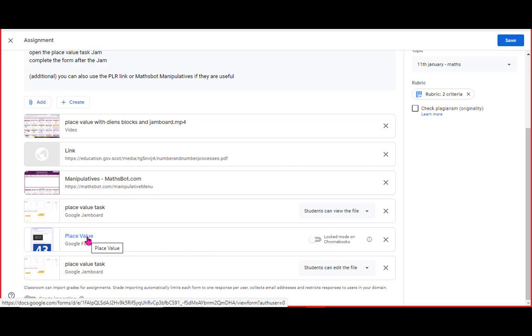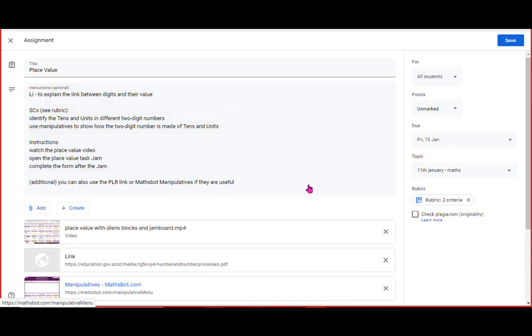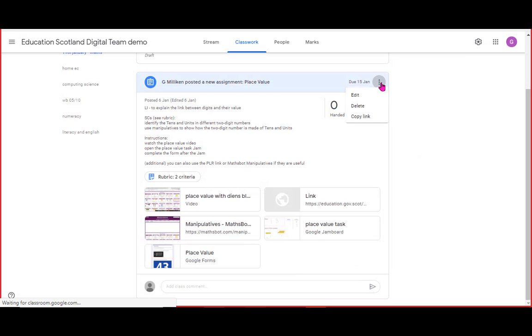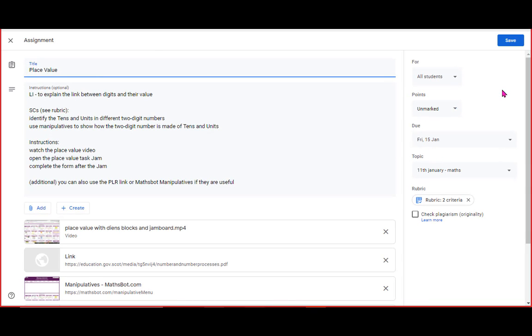So the last task, and I'm thinking this is maybe a week's worth of learning. Maybe some of your learners, if they're P7, they're going to get through more of this in a day. But the beauty is, again, you can just copy this assignment. So if that is Monday's learning rather than a week's learning, you should be able to just copy that, make a copy and